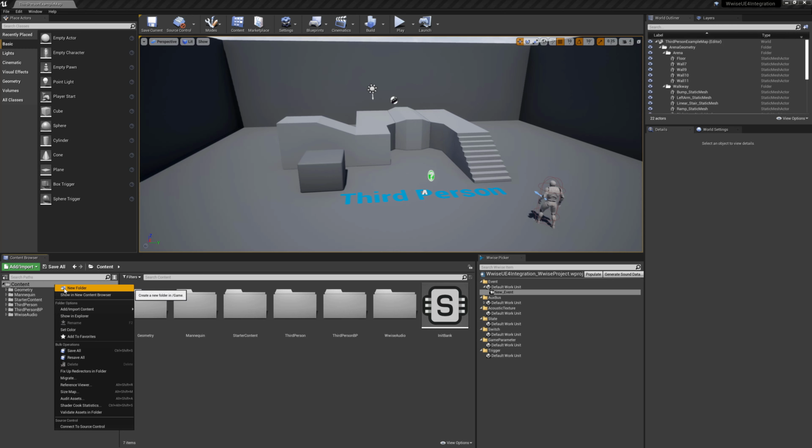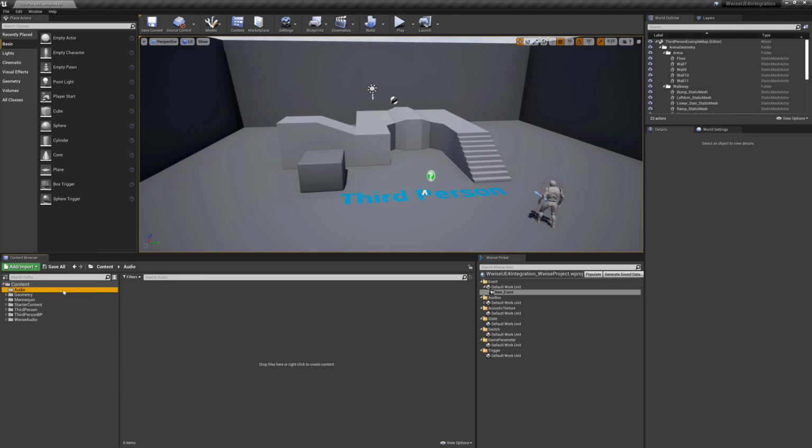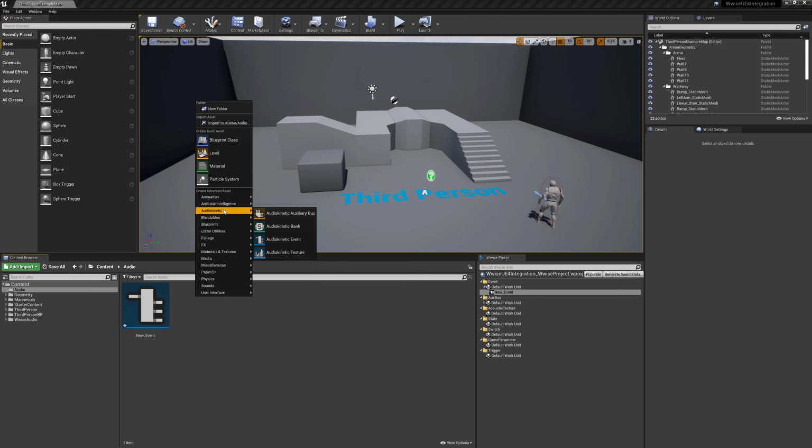I'm just going to create a folder to keep my directory clean, then I can drag and drop this into the content browser for use in Unreal. If you're familiar with working with sound cues in Unreal, you could think of an event from Wwise like you do a sound cue. Staying within the content browser, if you right-click to bring up the context menu, there's now